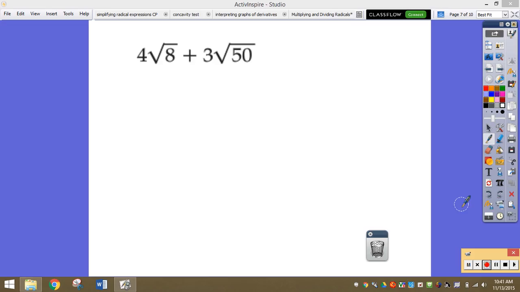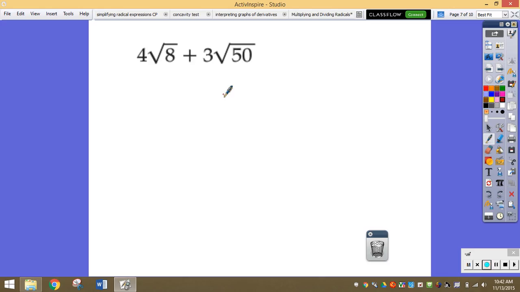So, the key with adding and subtracting radicals is that you are looking for like radicals, because when the radical has the same radicand, which is the number inside, I can combine them, but if they don't have the same radicand, I can't. And so the idea is that we're creating an expression that's the same value. So if I plugged in values for all of the exponents, or I put it into my calculator, I get the same number no matter what form it was written in, but it's just in a more simplified form once